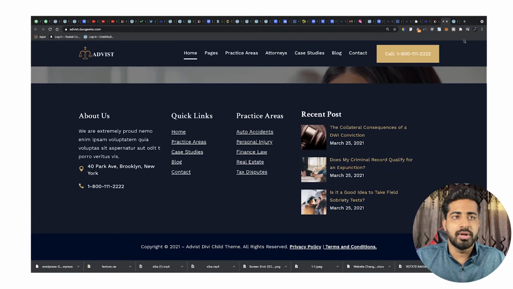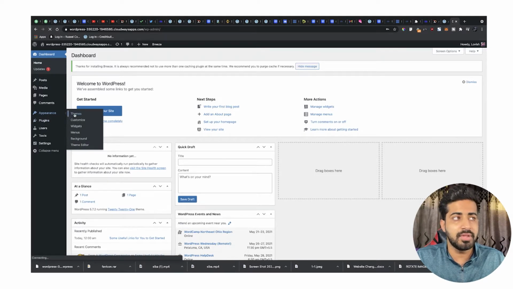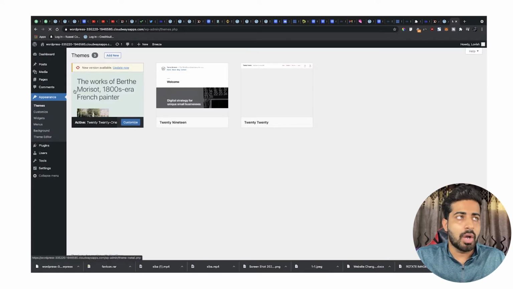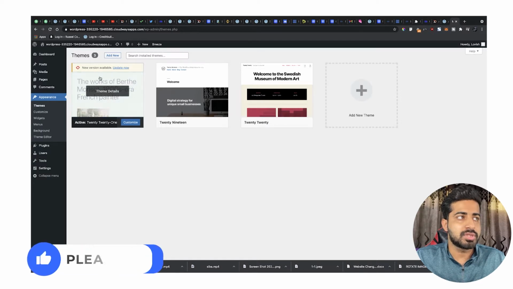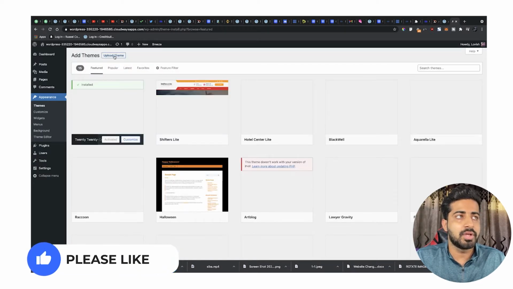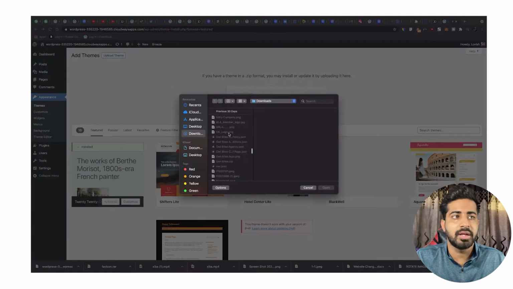Let's go to the another WordPress that I just installed, and I will show you how you can do that. So first you have to install the Divi theme, and I recommend you install a fresh WordPress and the latest Divi. Now how can you install Divi? Just come over here in Appearance, Themes, and then click on Add New. Once you click on it, it will show Upload Theme, and then you have to choose the file, the Divi theme.